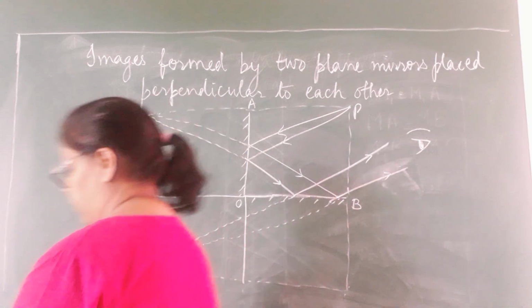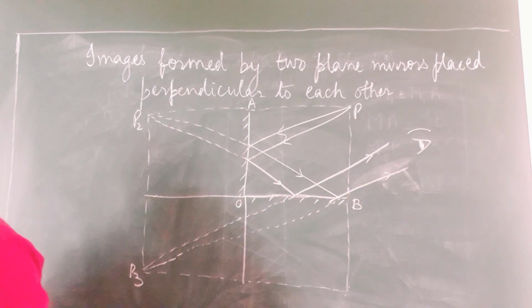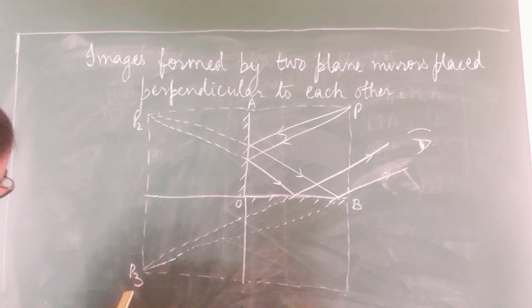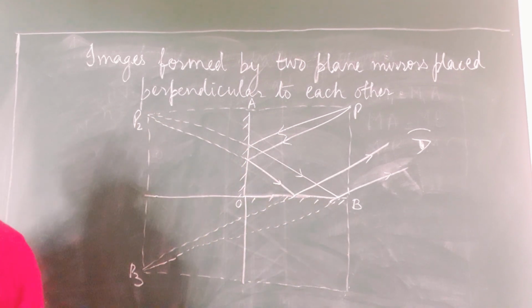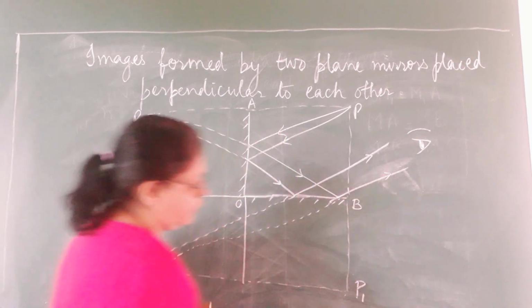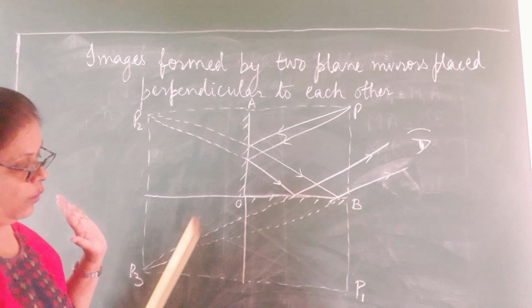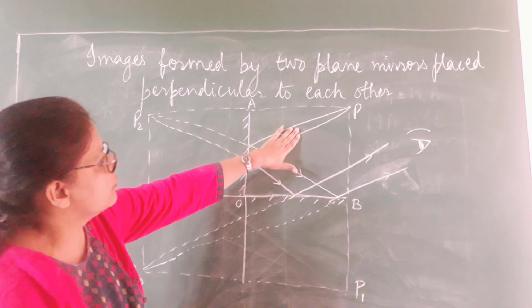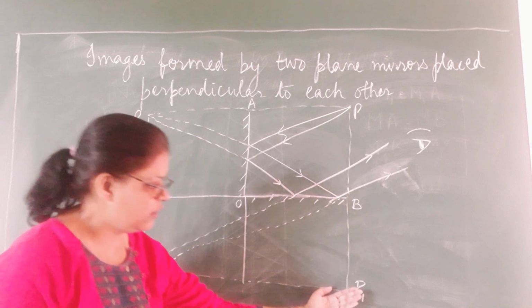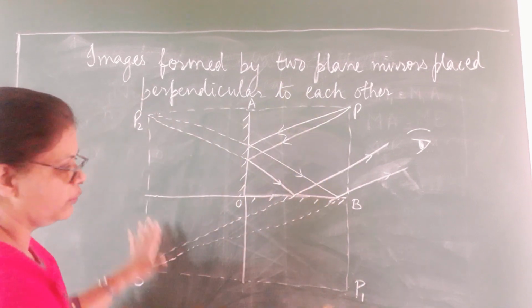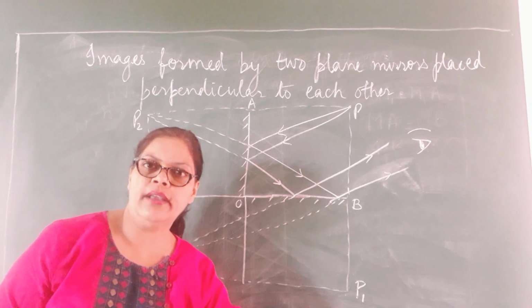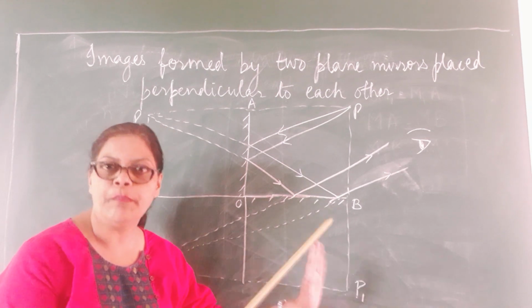Now in this particular diagram, you can see this is P2, this is P3. Actually there is one more image which is formed here, P1, but that is not seen. Why is it not seen? Because these rays will form an image behind, on the back of this particular thing. I cannot show it to you in 3D. So there is one image which is formed behind, that is P1, that's not visible here on paper.